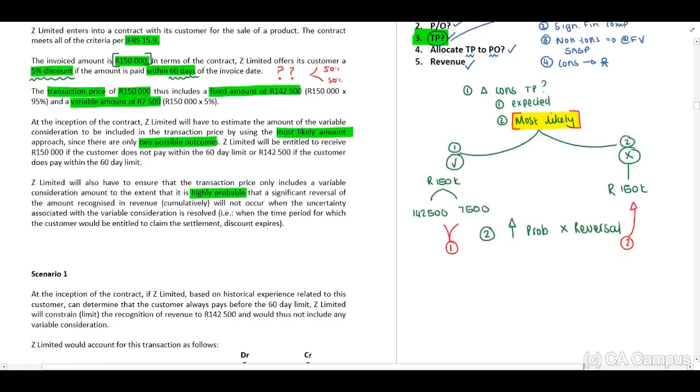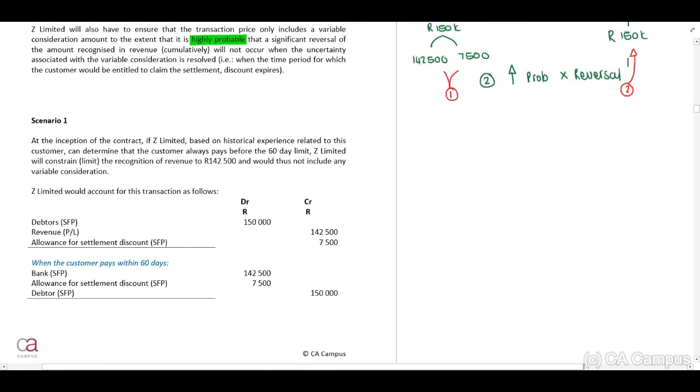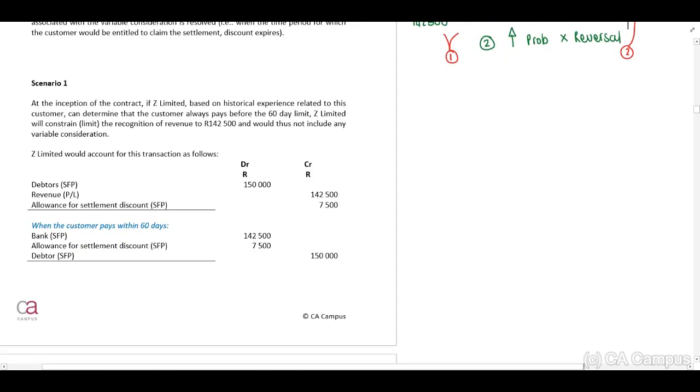Now, always extremely important to read the information provided. In the first scenario, they indicate to us, based on historical experience related to the customer, they can determine that the customer always pays before the 60-day limit. Therefore, our journal entry will be to debit our debtors as our asset increase, credit our revenue with 142,500, and credit our allowance for settlement discount